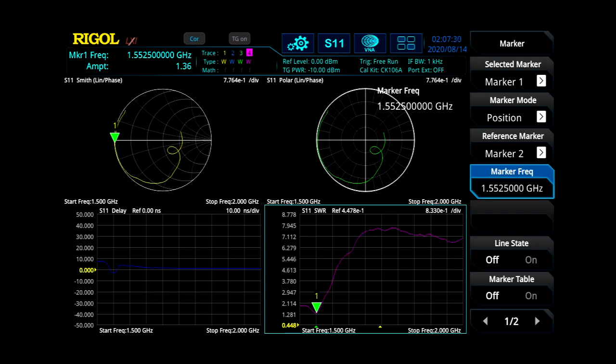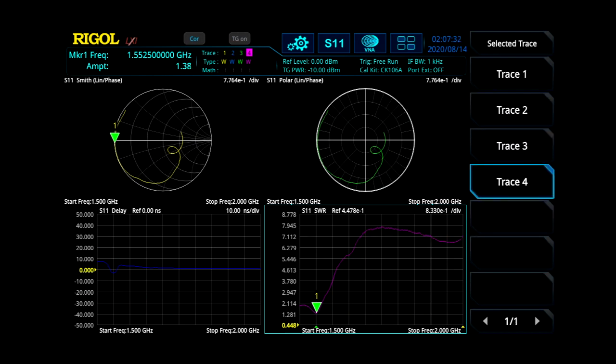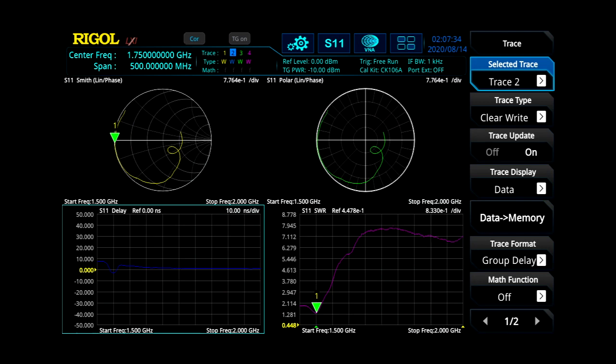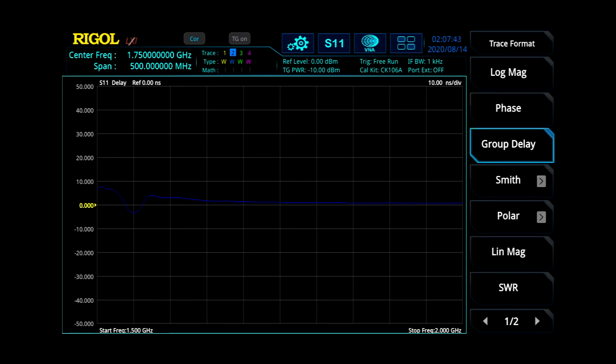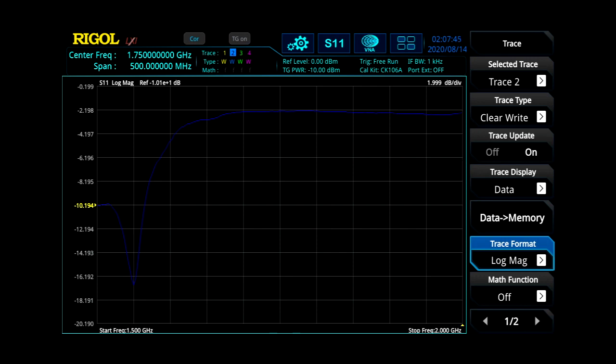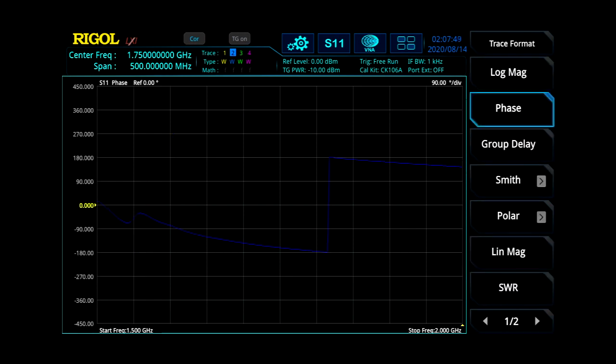The next thing that we can do is we've got a couple different views that we can look at. And we're going to look at our trace number 2 here in our lower left-hand corner. I'll expand that out. We can go within our trace and we can look at our log mag, our phase response, then we have our group delay up, and then we've got our Smith chart and polar plane, which we're